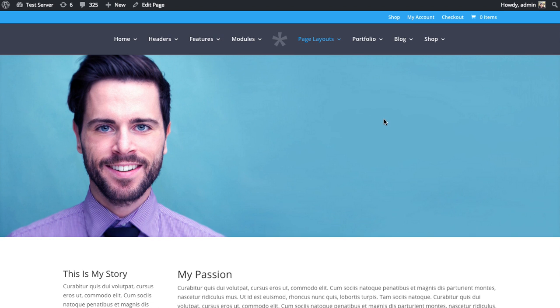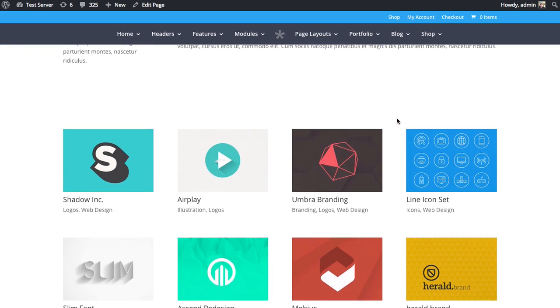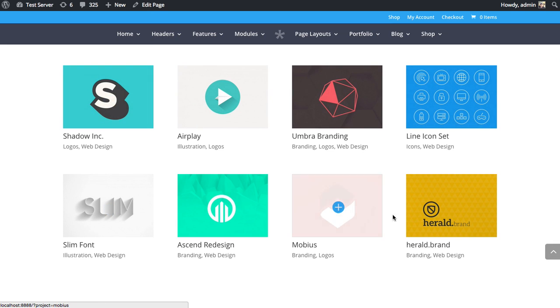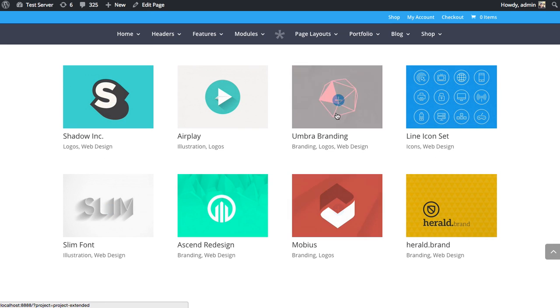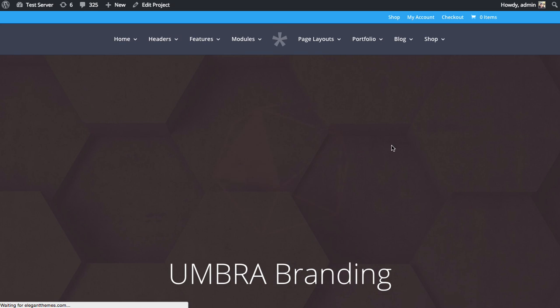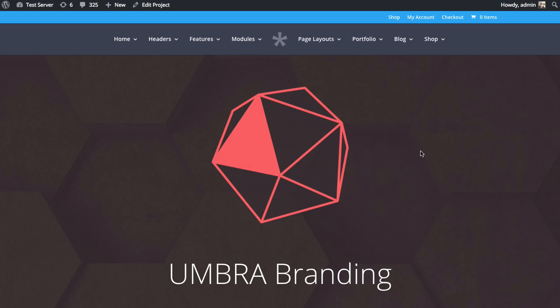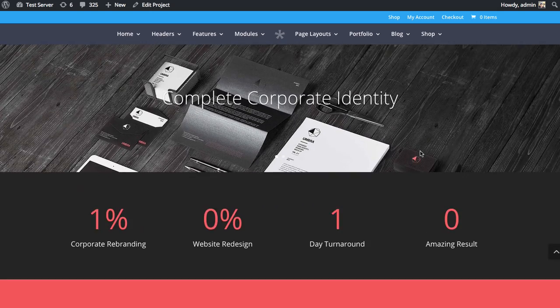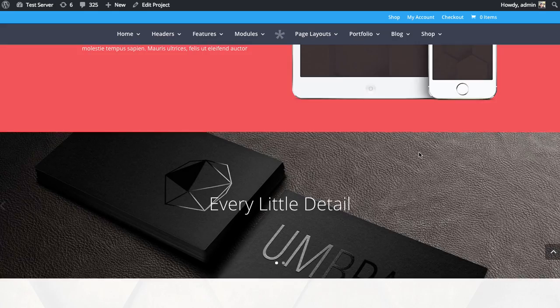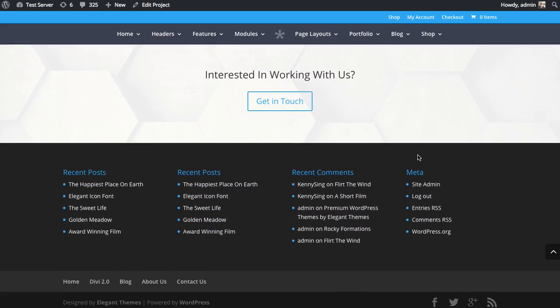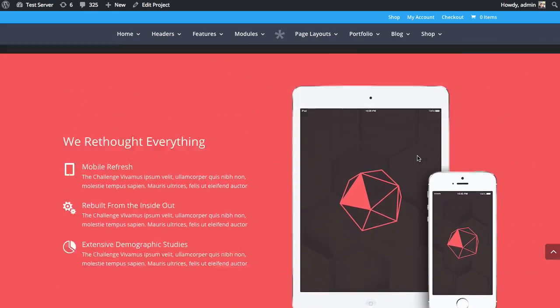So viewing the page now, I'm going to scroll down to the bottom, and here we have our portfolio in grid format. And like I said, if I were to click any of these, we'll be brought to the portfolio project page, and you can build these out to be as cool as you want. So here's an example of a fake project page that we created,